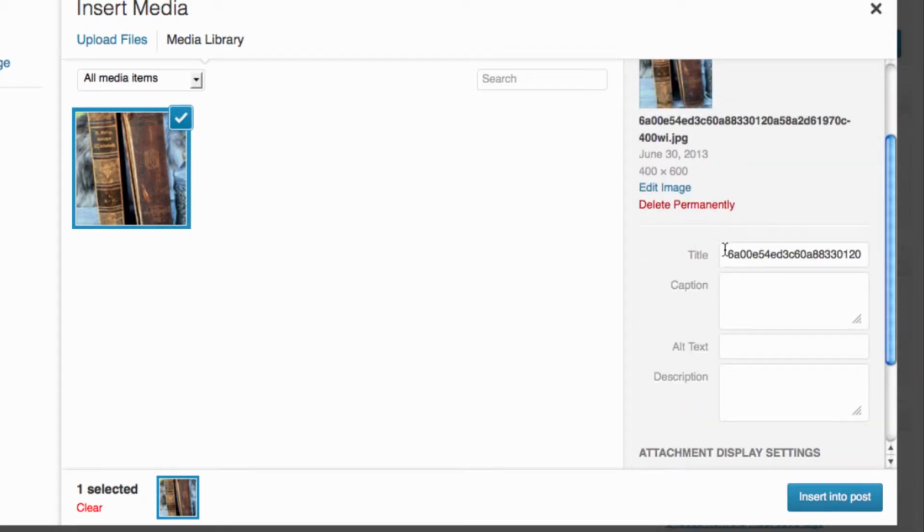You can see that it has a pretty dire name. We don't really want that because it's not very good for what we call search engine optimization. So we're going to call this Vintage Books. We're not going to give it a caption because we don't really want the caption showing around the book itself,